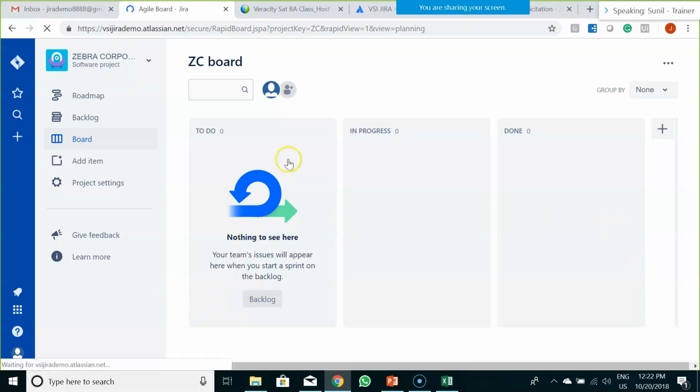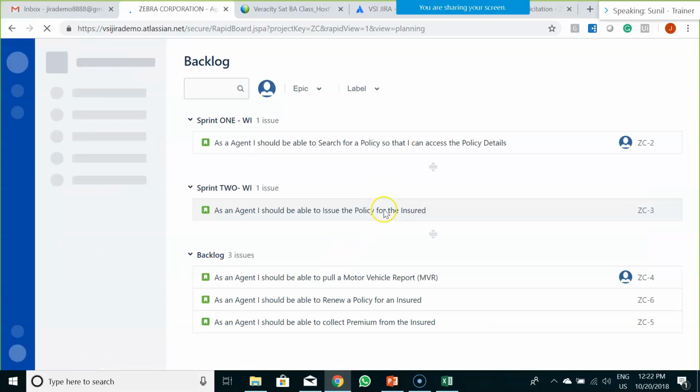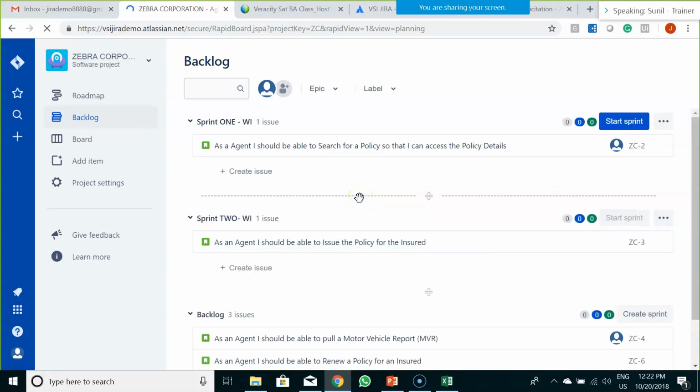So this is how you do things in Jira when it comes to requirements management. Of course, there are many other things that you could do through Jira when it comes to requirements management. This tool is free, the cloud version, for 7 days. You can register for this tool and get hands-on with other functionalities offered by Jira.